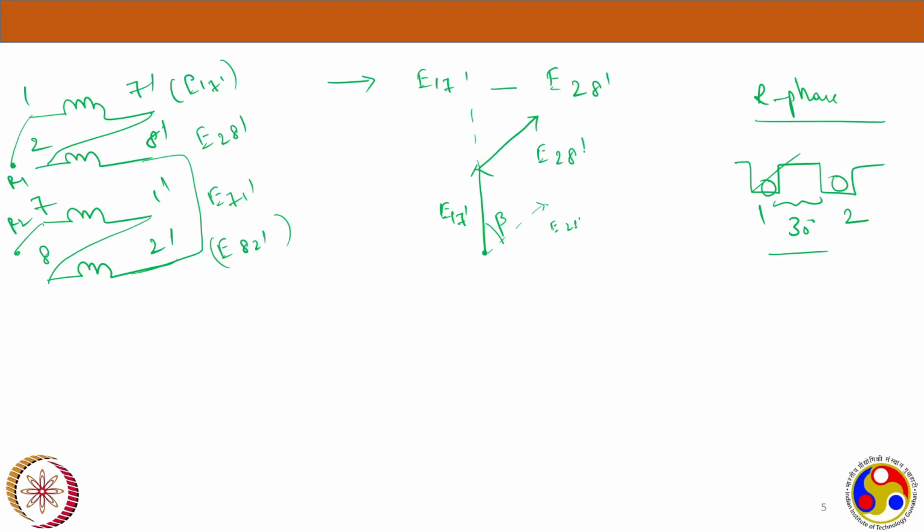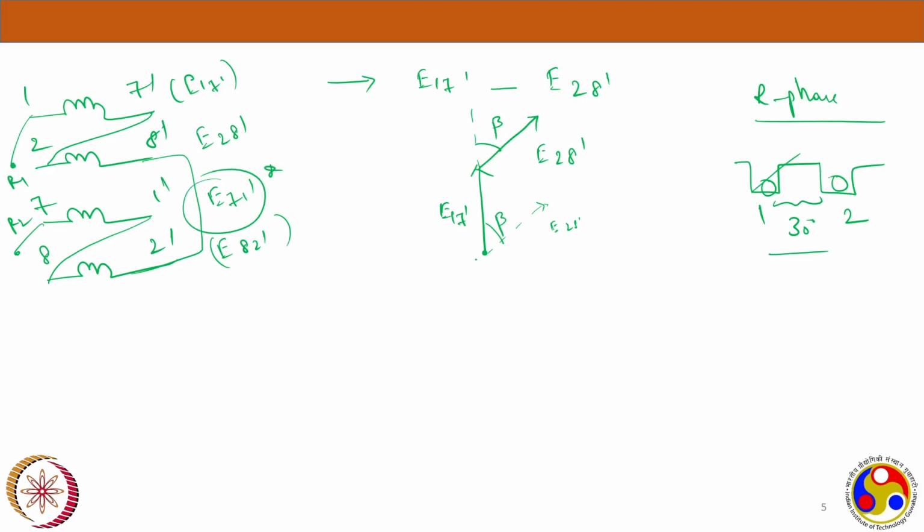So that is my E2 8 dash. This is the beta degree lagging, because if you are looking in the circular anti-clockwise direction, first I get the 1 7 slot winding, and next we get the second slot if it goes anti-clockwise. So that's how. Now where will E7 1